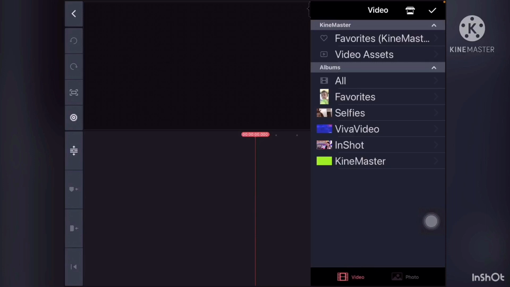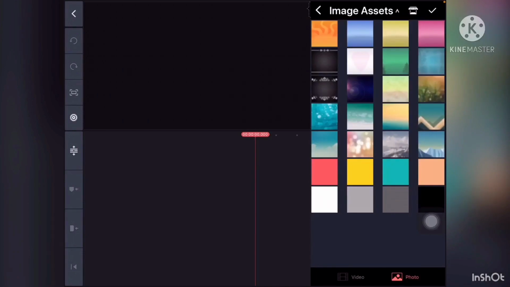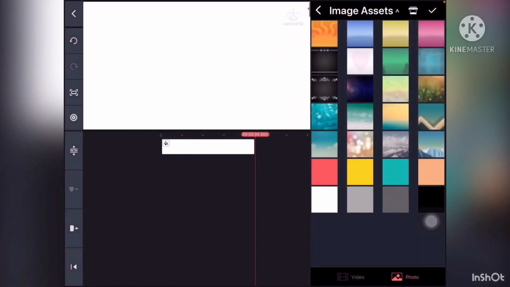media. Below here you can find video and photo. Click photo and the image asset. So there are many kinds of background, but we need green. Since there is no green, just click white and then we can just change the